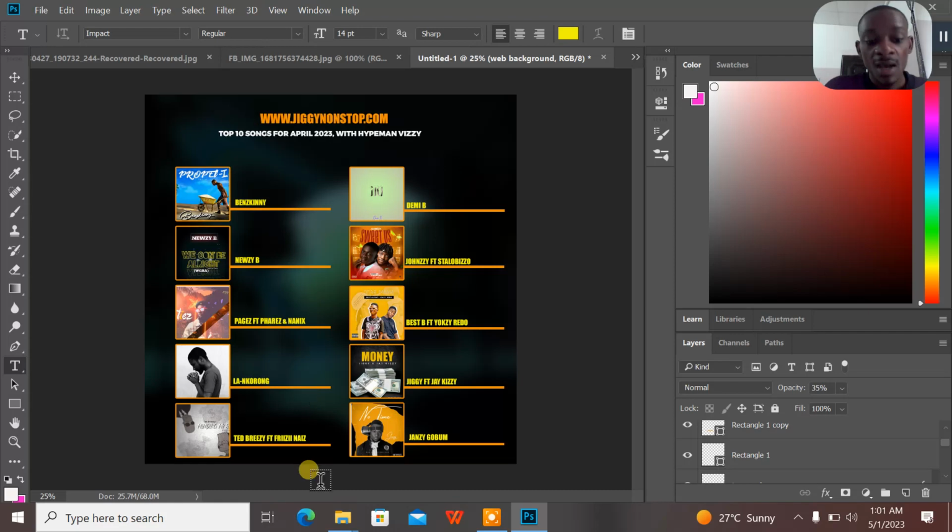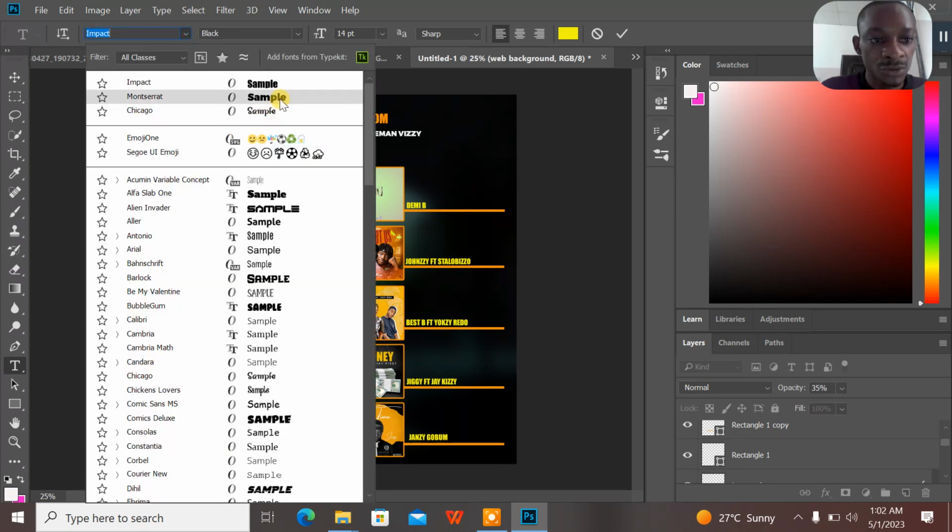Okay, actually this design was supposed to have some space down so that I could write maybe the phone number, but don't worry, the name of the website is there. If you need enquiries, you could just go through the website. Okay, so it's okay. All right, so typing the names of the songs,